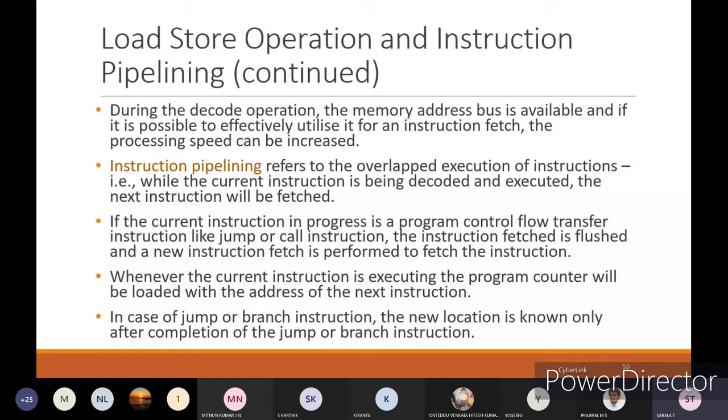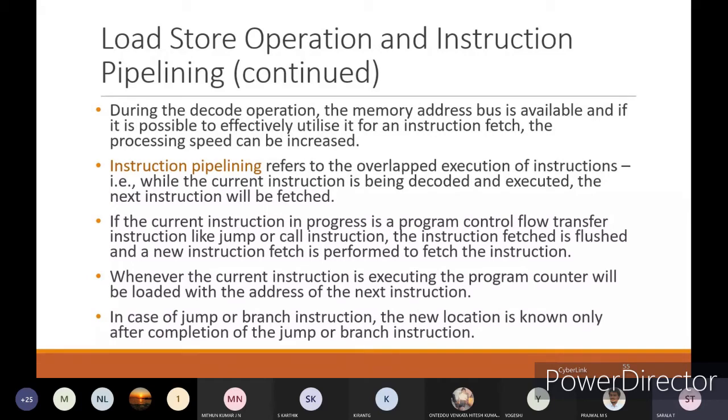The first instruction has already been fetched and is going for decoding. At that time, I go back to the same memory address bus, which is free. Now I am taking one more instruction fetch.